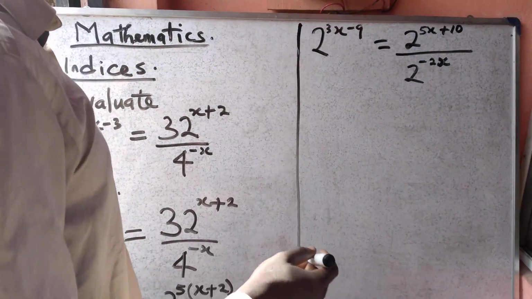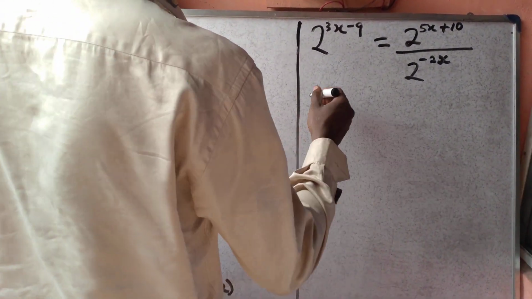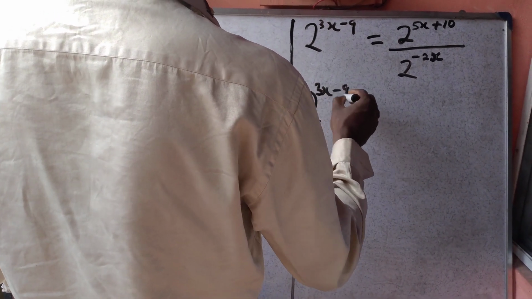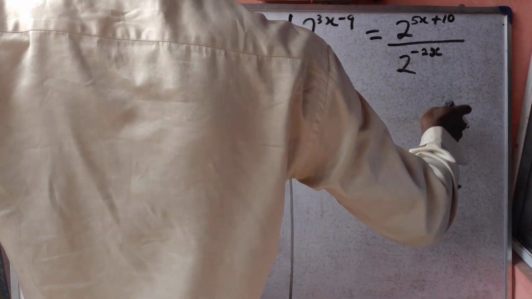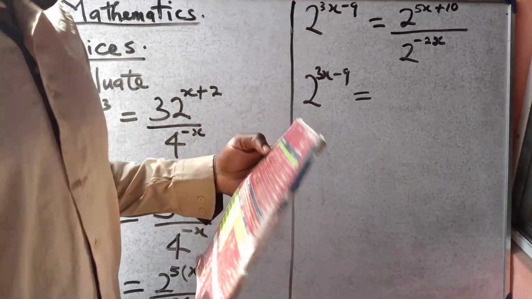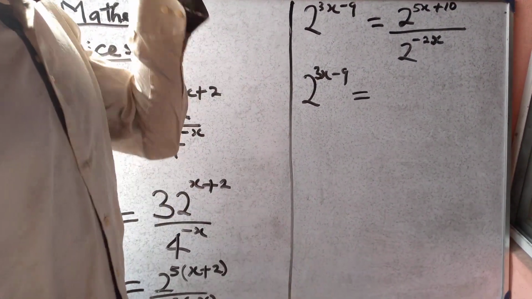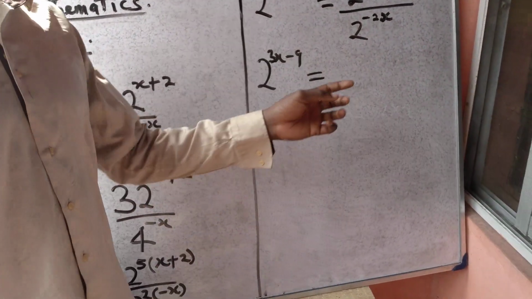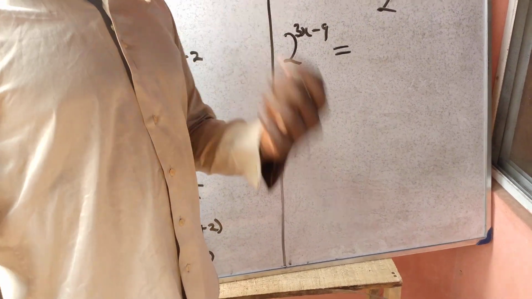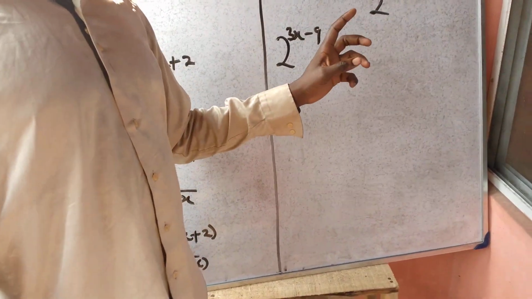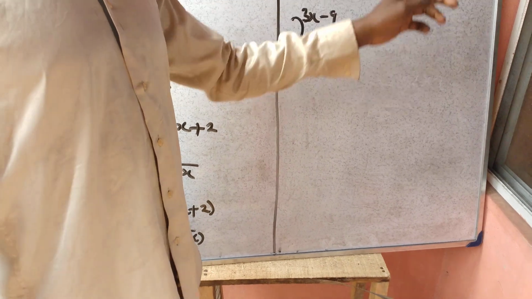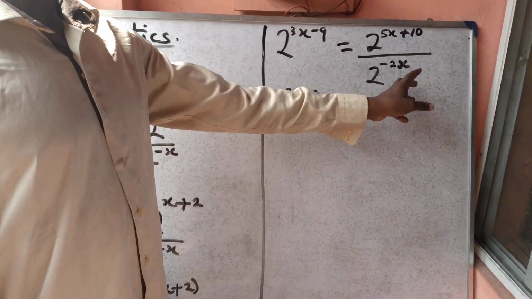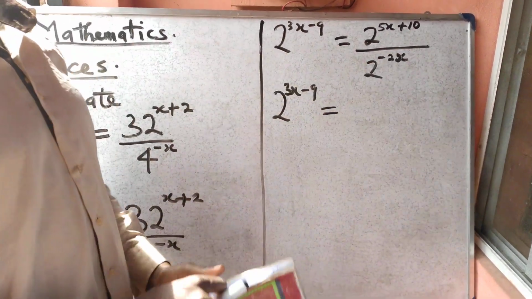Alright. Then this will be equal to 2 raised to power 3x minus 9 will be equal to, now apply the division law of indices here. The division law of indices tells us that when two numbers divide themselves, the power of the divisor is subtracted from that of the dividend. Now the divisor is the denominator and the dividend is the numerator. So you subtract the power of the divisor from that of the dividend, and you'll be having